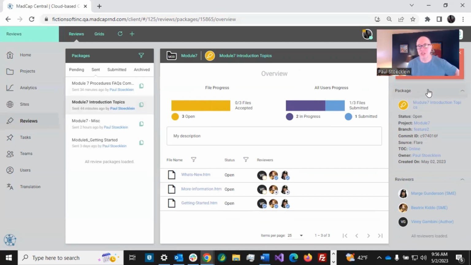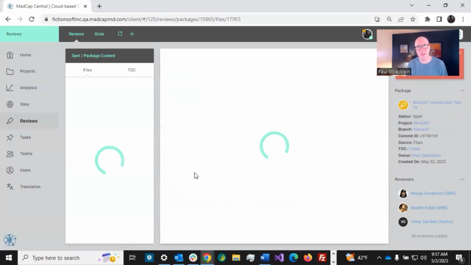The package area is going to tell you the status of the package, which is open, and also the color of the icon is going to be this gold because it is open. And you look down here to the reviewers, and we don't see anything there. But if I were to open up one of these files in here,